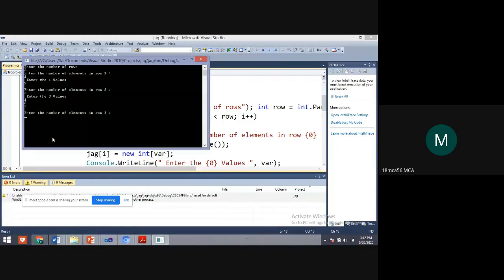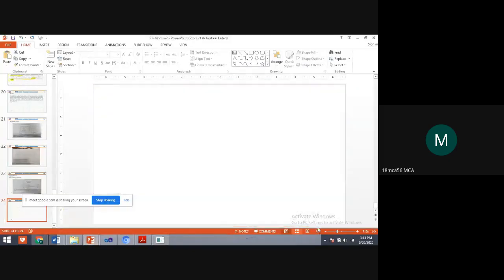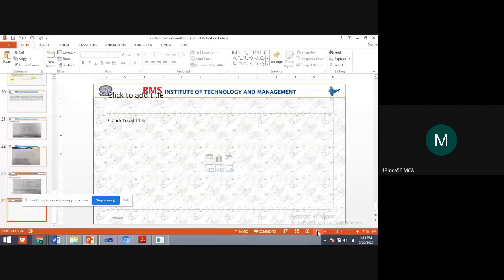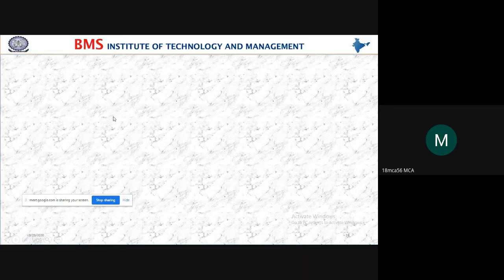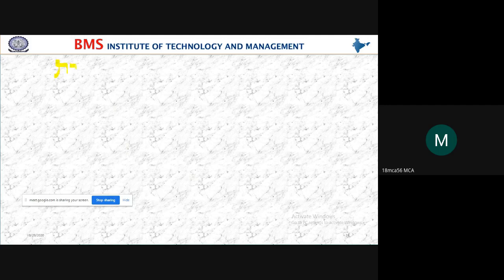Now enter the number of elements in row 3: 2. The elements are 2, 3. Now students, according to my input, I have taken the row value 3.